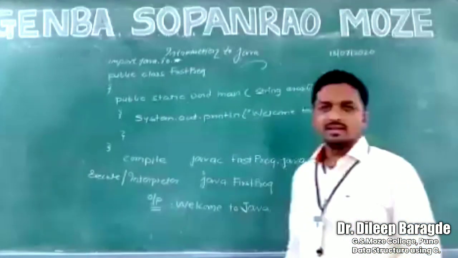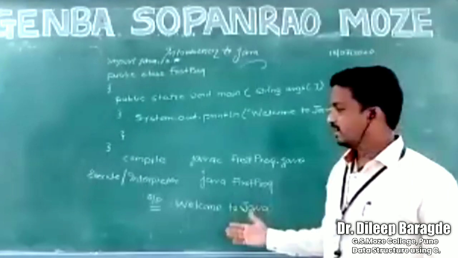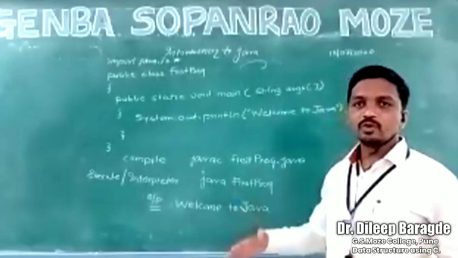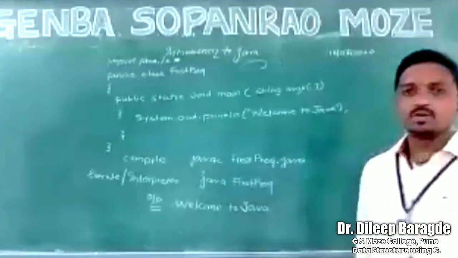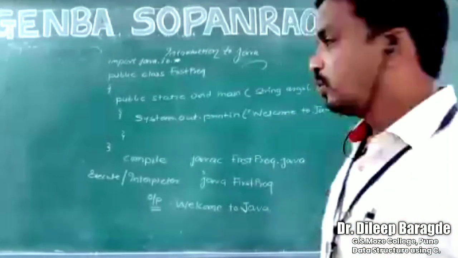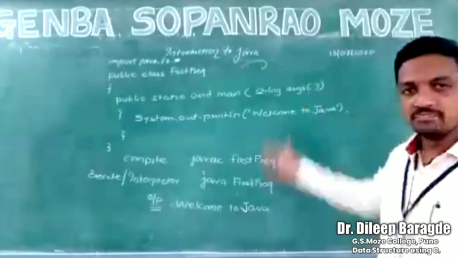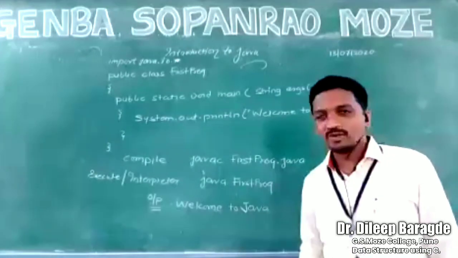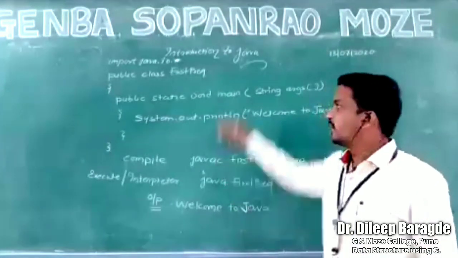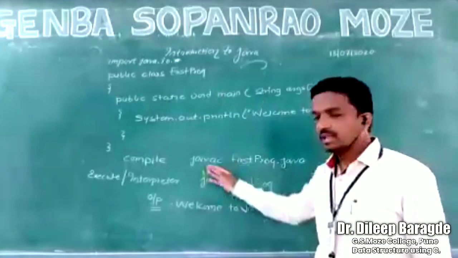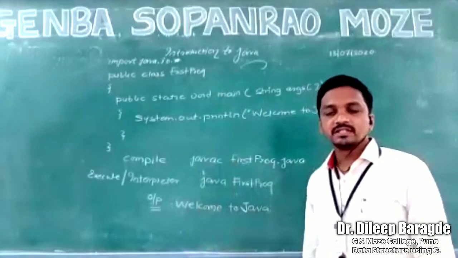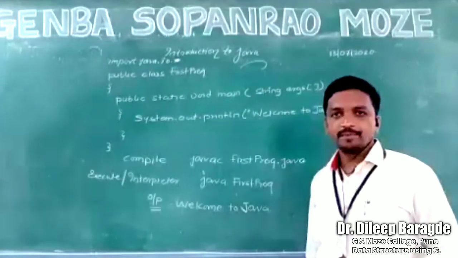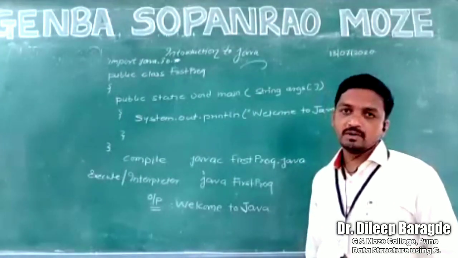Okay, so very simple language. You can write anything. We have to write a number of programs. We have to build our career in Java. Those who are thinking that I want to build a career in the Java programming language, look at this. If I want to write these three words, welcome to Java, I have to write all these things. Then I have to compile that program and execute it successfully. Then I will get the output of this Java program. The output is: Welcome to Java.